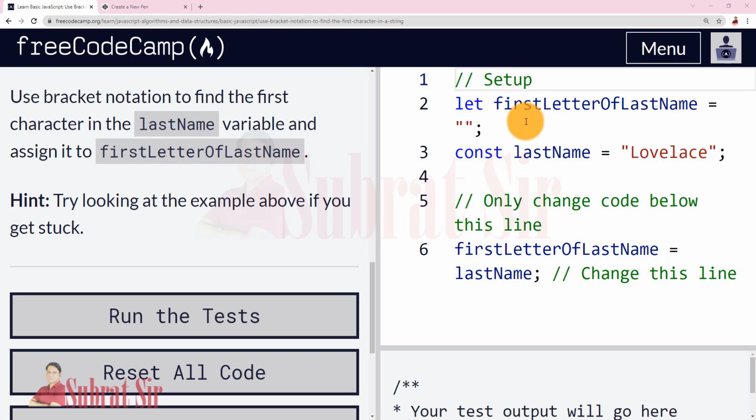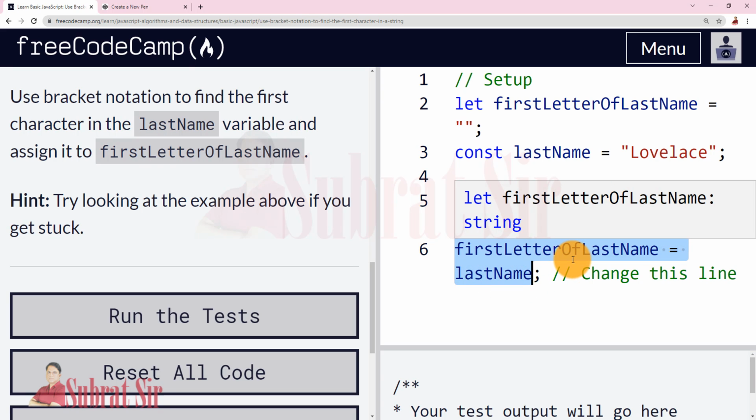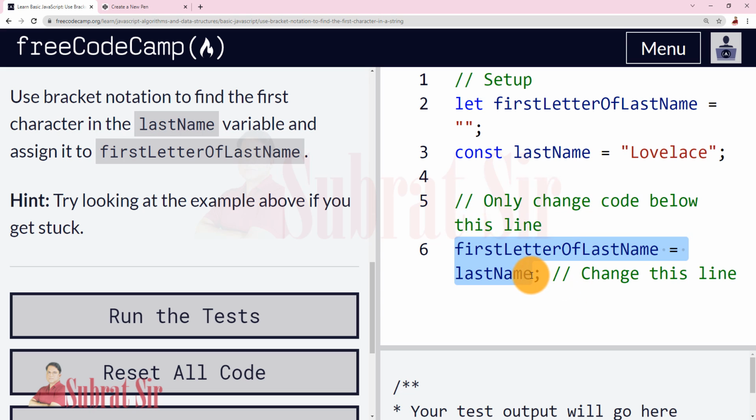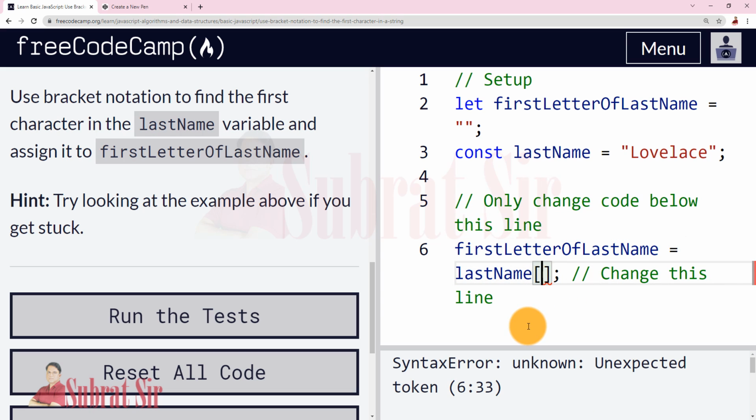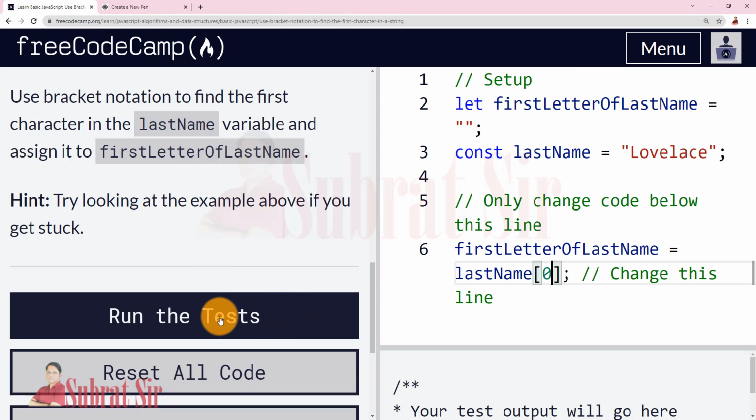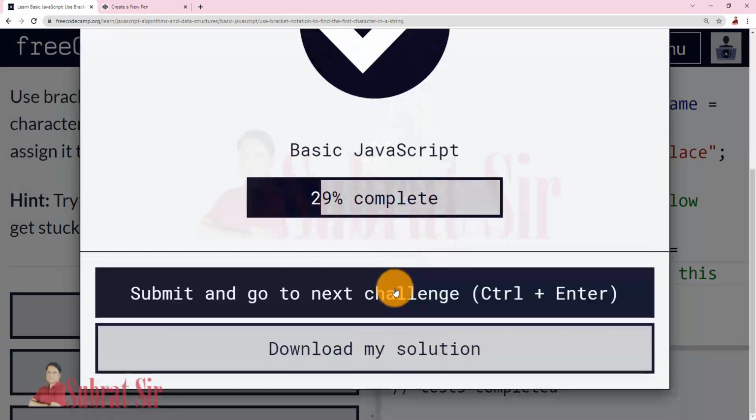So let firstLetterOfLastName equal this one, then const lastName equal, this is the variable lastName, it has the string Loveless, and we will change this code. firstLetterOfLastName equal lastName, then we will use bracket notation and we need the first letter, so we will write 0. Then run the test. Go to the next challenge.